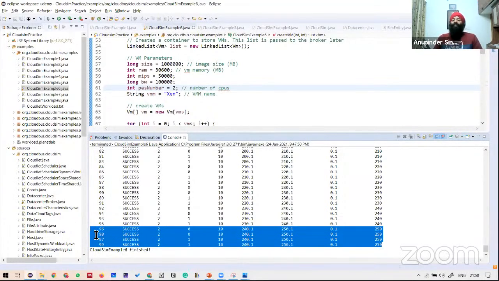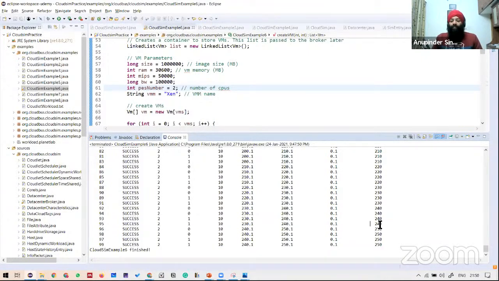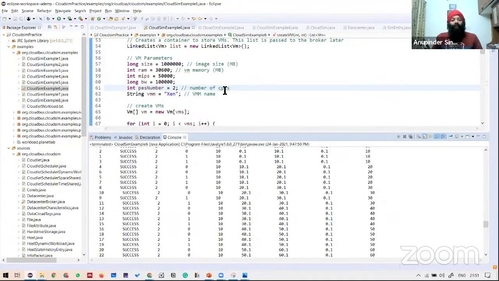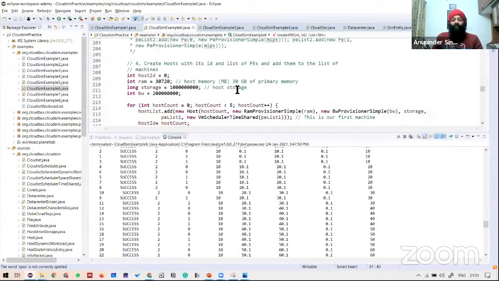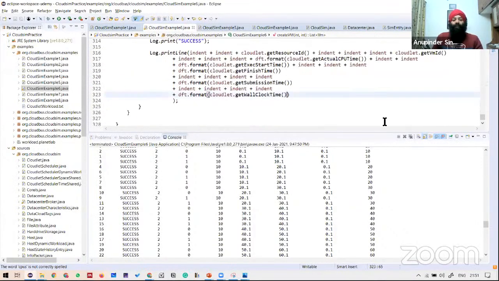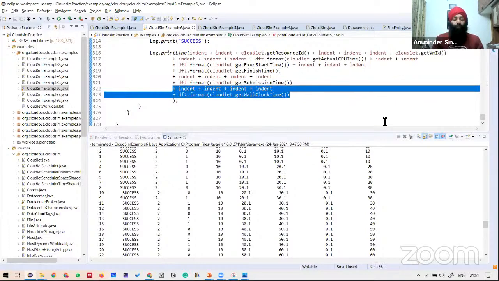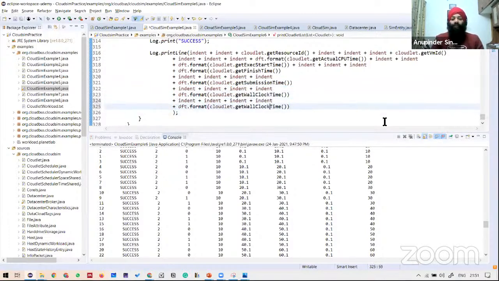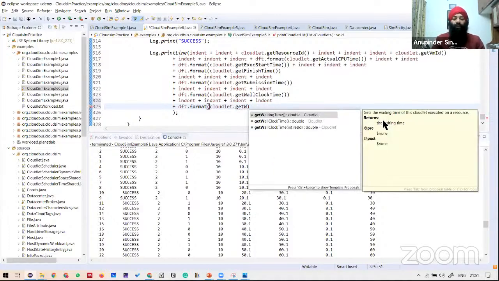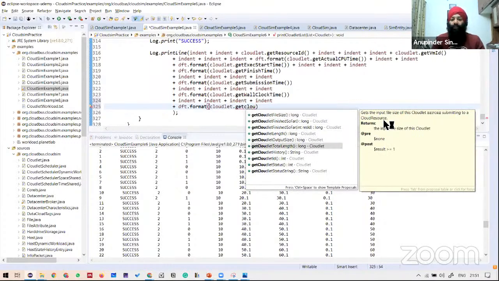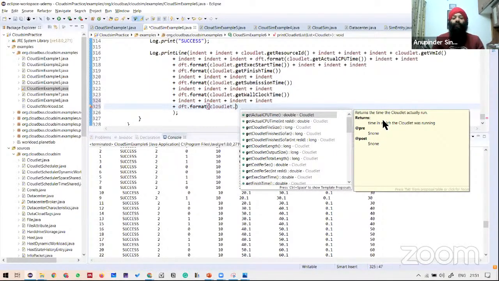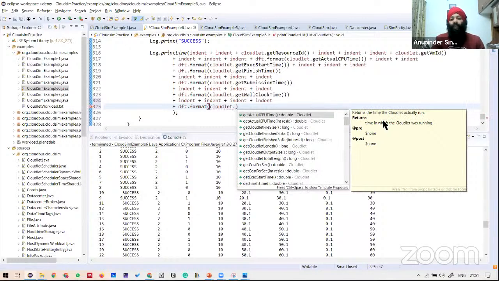If you are going to do the analysis corresponding to that, you can simply print how much time they have spent in waiting. I believe there is a method to print the wait time corresponding to a particular task. So let me delete this wall clock cloudlet wait. We don't have this particular parameter, wait time. So what we can do is use get wall clock time,